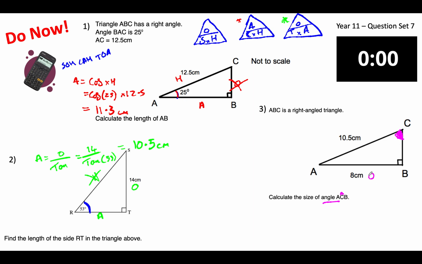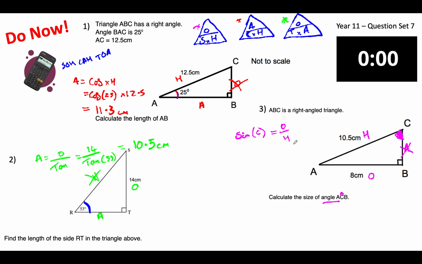Now that is the opposite side. That is the long one, so it's the hypotenuse. And that's the adjacent. Now the adjacent isn't part of my question. I've just got O and H, which means I'm using the sine triangle. But what am I trying to find? I've got O and I've got H, which means I'm trying to find S, which is sine. But remember, sine is sine of the angle. Let's call the angle C. All right, angle C equals O over